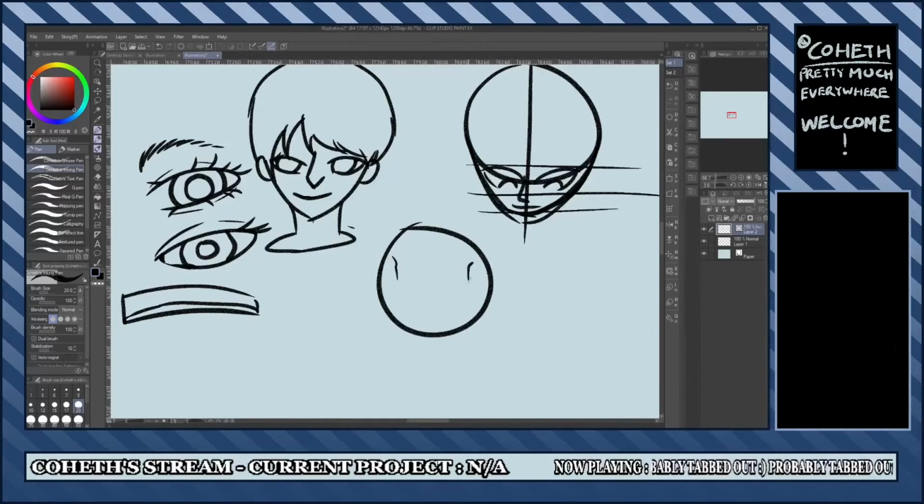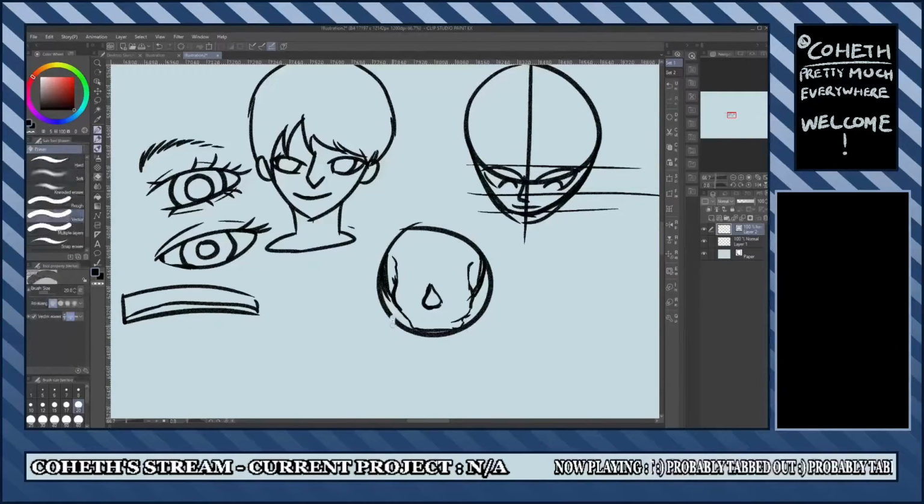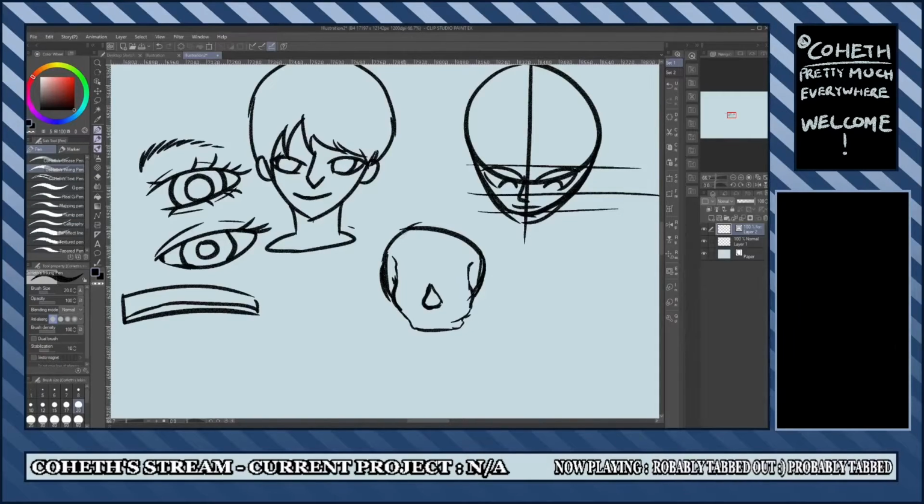Because in an actual skull, you have these divots for the temple, then you have this bit for cheekbones, and then it comes down, and then you have like the top of the mouth, right? And then your nasal cavity. And then this actually comes down like this. And the front of the head is actually a little bit smaller than the back of the head. So it's definitely not a perfect circle.